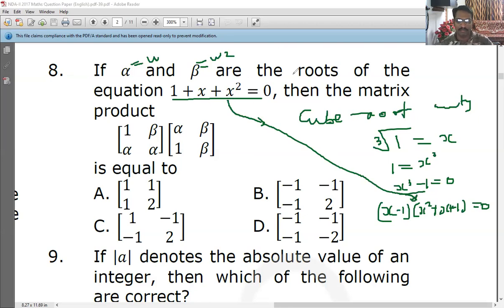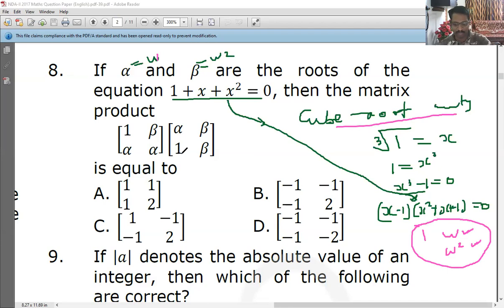So I just gave a brief history of the cube root of unity. Further, it is classified as follows: there will be one root as 1, another will be omega, and the other will be omega square. These two are your complex roots. Anyway, I'm not going into details of that. So we take alpha as omega and beta as omega square. These roots have a property between them, a product rule and an addition rule. In between them, they have a relation. So let's start solving this equation.